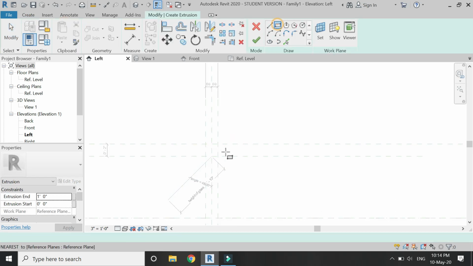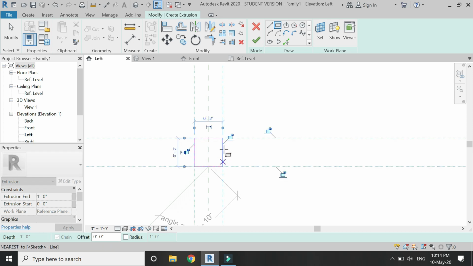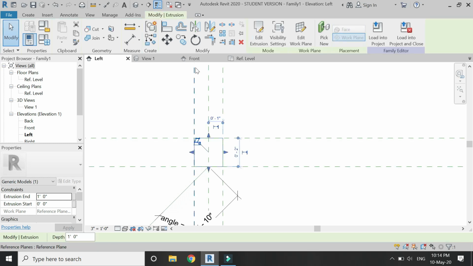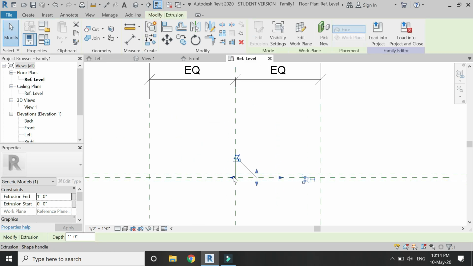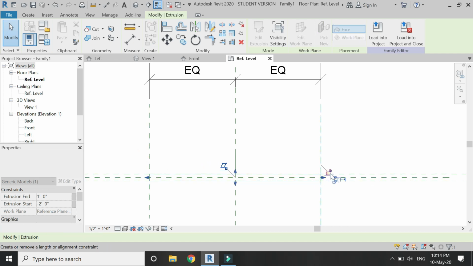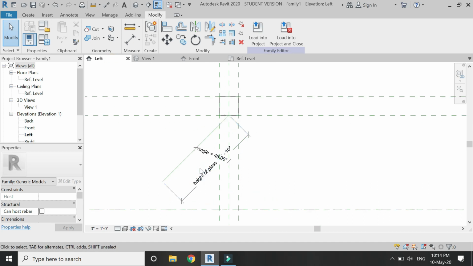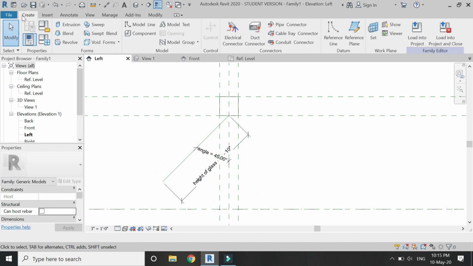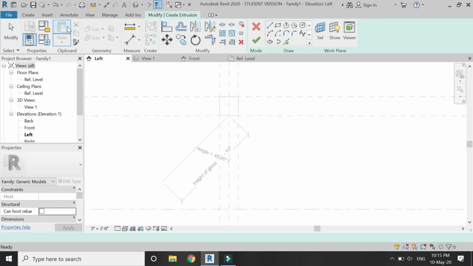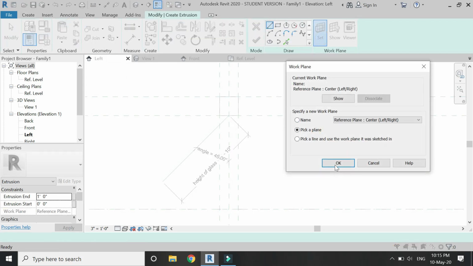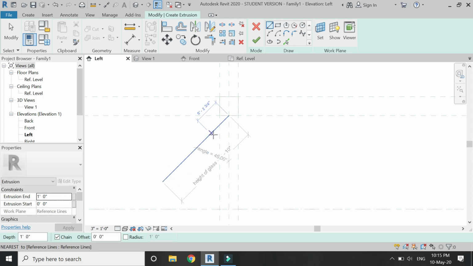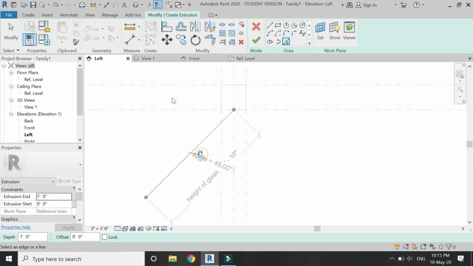Now select the extrusion and draw a rectangle like this, lock all the 4 sides, click OK, then go to the reference level floor plan, drag this arrow to meet this reference plane, lock it down, then drag this arrow to meet this reference plane, again lock this. Then select this extrusion command again and set the reference plane to this reference line and select the line, lock it down, give it an offset of 1/4 inches